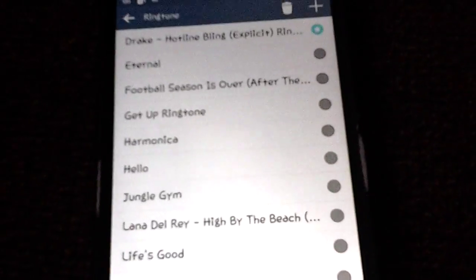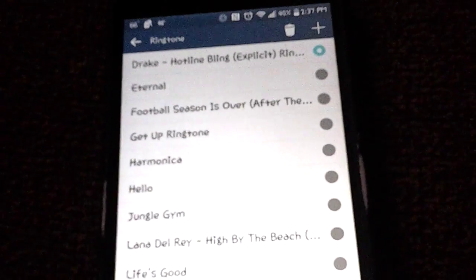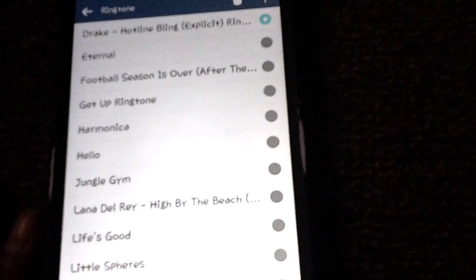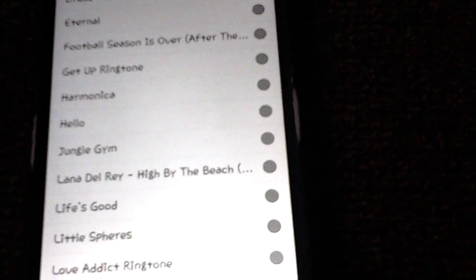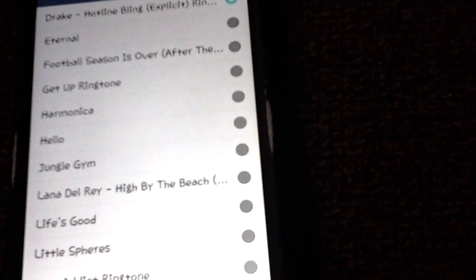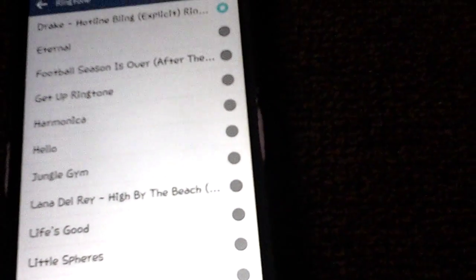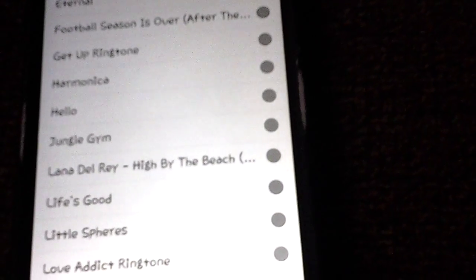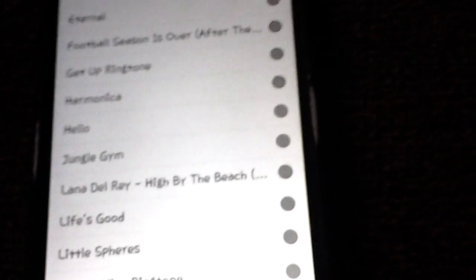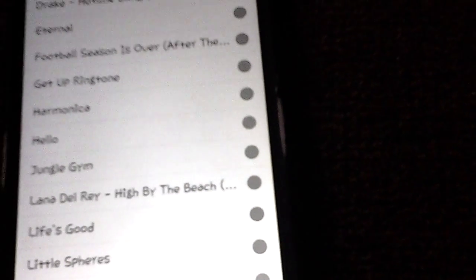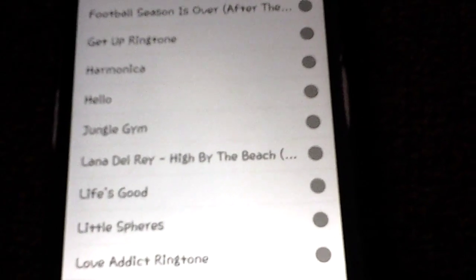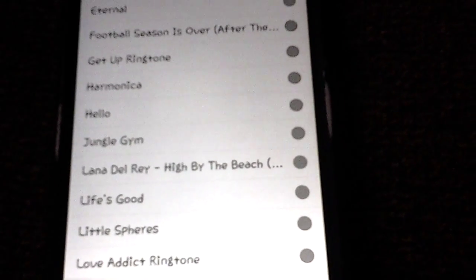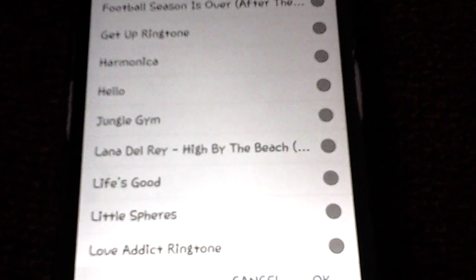I am back. So anyways, I just want to show you guys how I make my ringtones from these songs that are downloaded on my phone. And this is really easy for you guys to do. It doesn't cost you any money unless you pay for the song. But yeah, that's different. I'm going to show you how I chop my favorite songs into